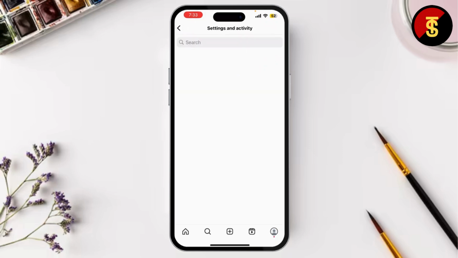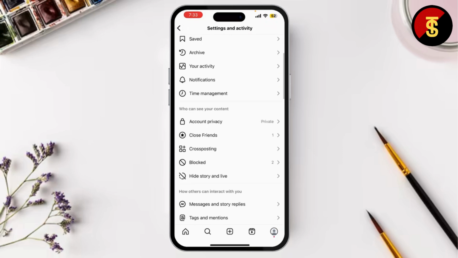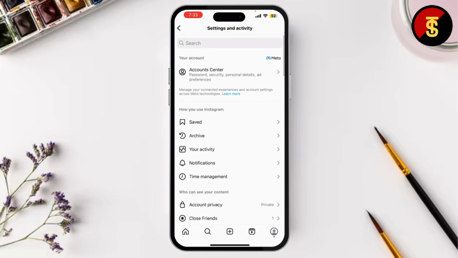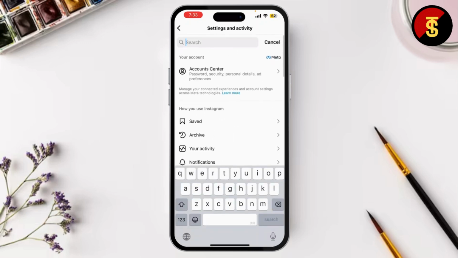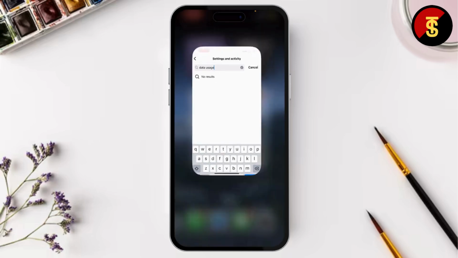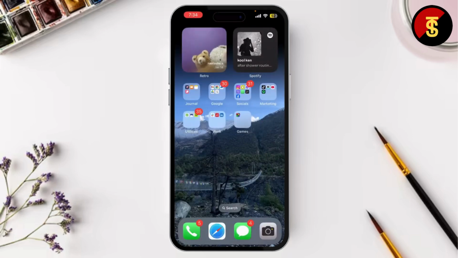Simply click on three horizontal lines and find account, or you can simply select data usage by searching at the top. And when you find it, simply click on enable the use less data option. This will reduce the video quality and in turn may prevent HDR playback from being triggered when watching videos on